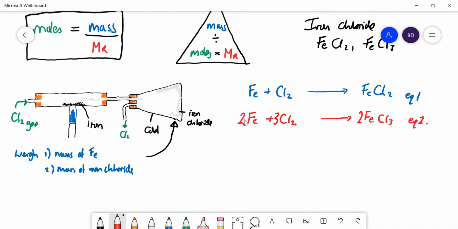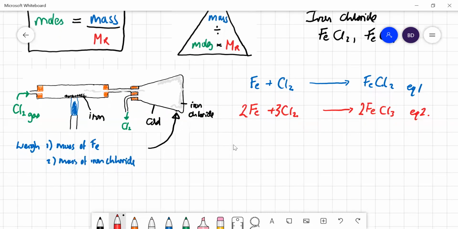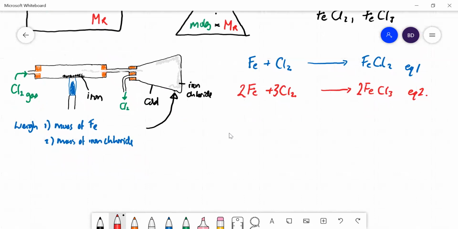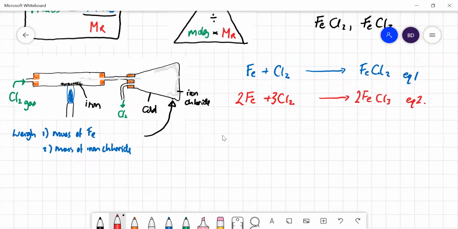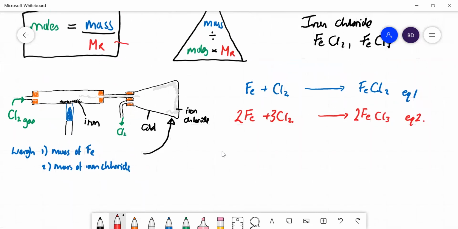So how do you go about that then? What we're going to do is find out the moles of iron. The way to find the moles of iron, well, we know the mass, so we're going to use this equation: moles equals mass over Mr. The atomic mass of iron is 56. So moles of iron is going to be equal to